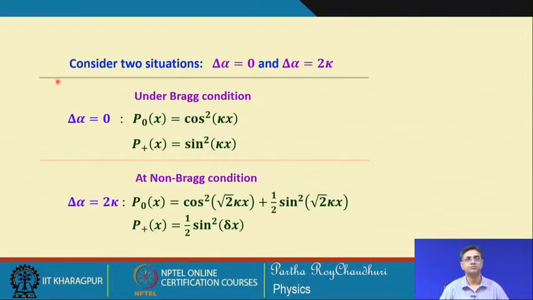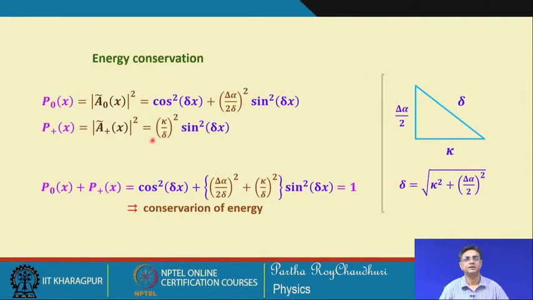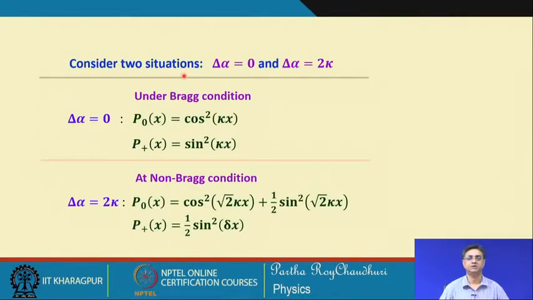field. Now, let us consider the two situations, that delta alpha equal to 0. We just want to see that this will correspond to the complete transfer of power, but if this delta alpha is not equal to 0, that is, we take a very convenient value of that, to see that this power transfer is not complete.